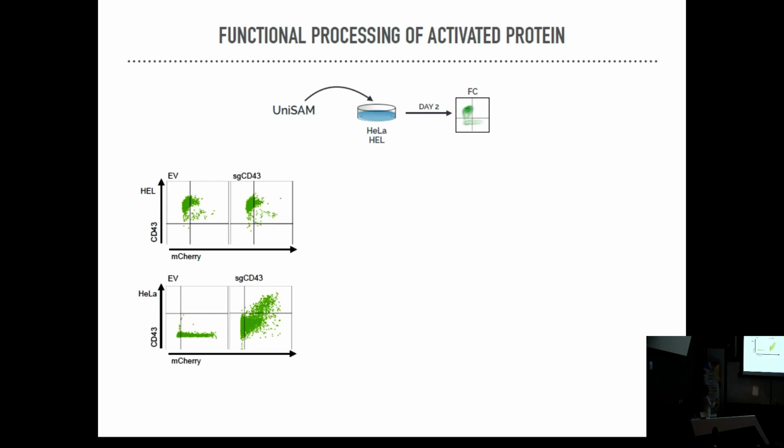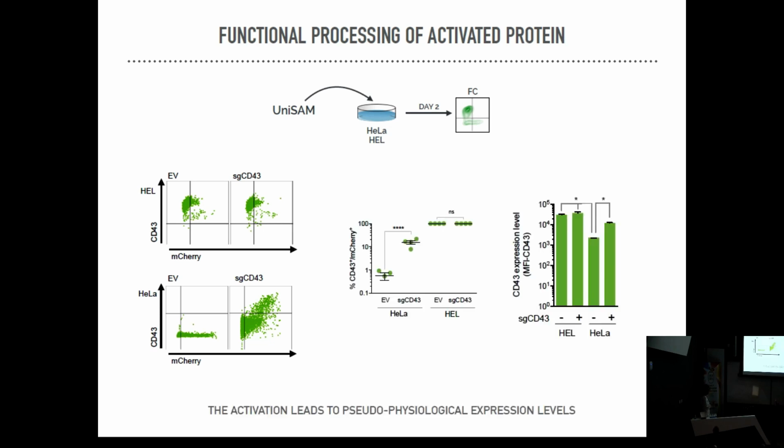And as you can see, this is the cell line that already expressed our target gene. So you can see in here, these are positive cells above the line. And in here, you can see that before the addition of the guide RNA, we don't get positive cells. If you add the guide RNA, we get positive cells. And those proteins seem to be functional because they can migrate to the membrane. This is just the quantification of it. And again, we compare the expression level. And as you can see, this is our cell line where we added the guide RNA. We activate the gene, but we don't see a massive upregulation of the gene, which is good.